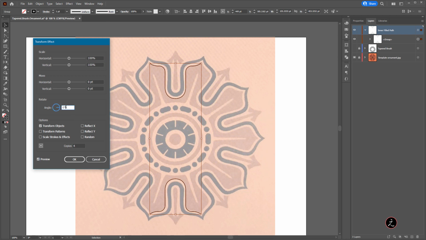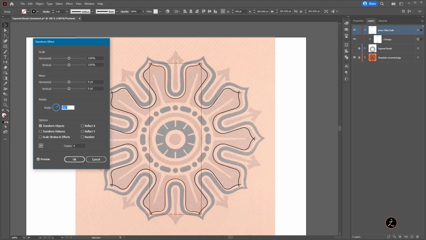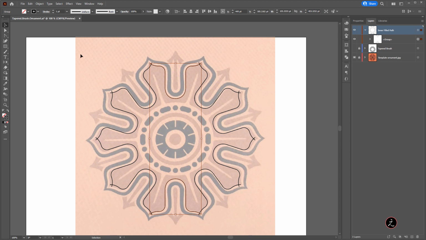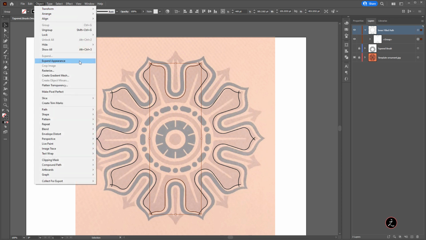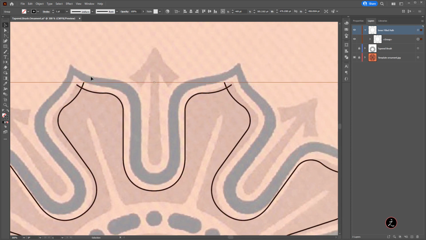And for the rotation angle, I'm just going to use the up arrow key to probably get to 36 degrees as I did before. Click OK. I like what I see. So I will go up to the object menu and again expand its appearance. So I have just a single shape here. Great.